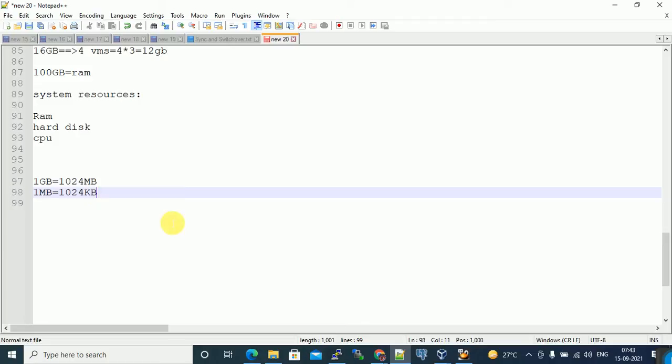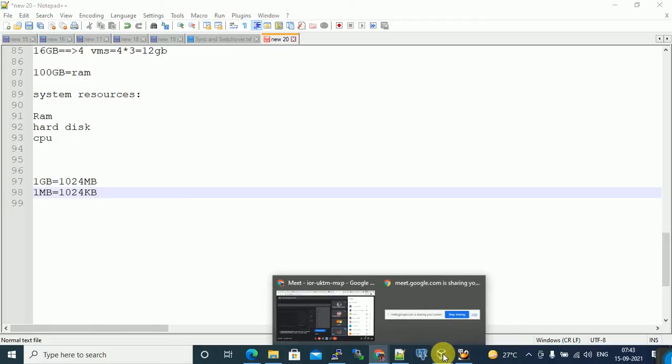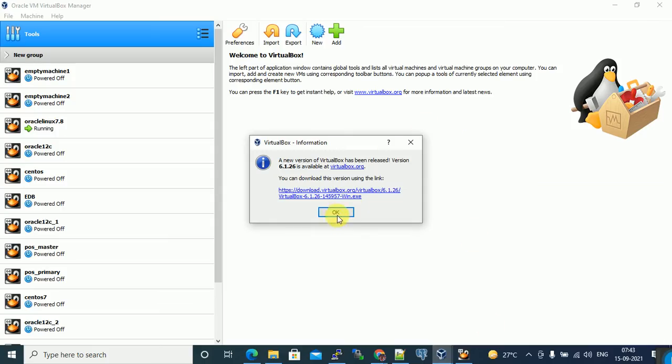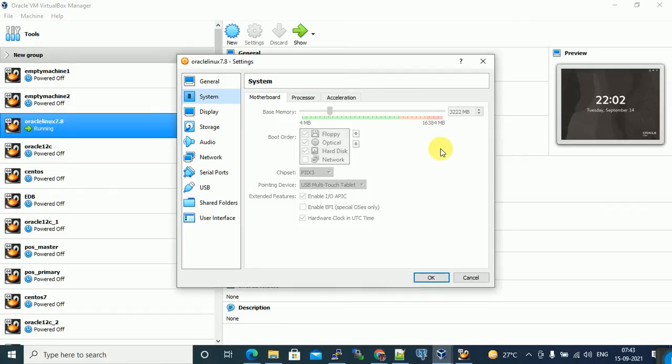So this VM has 3222 MB, almost 3 GB, exactly about 3.2 GB. Clear?